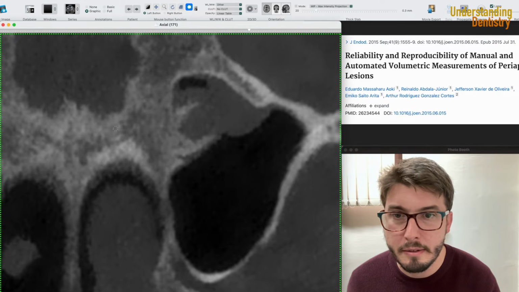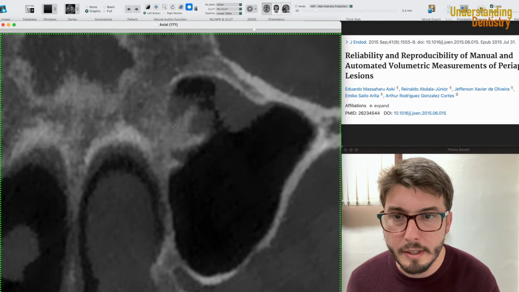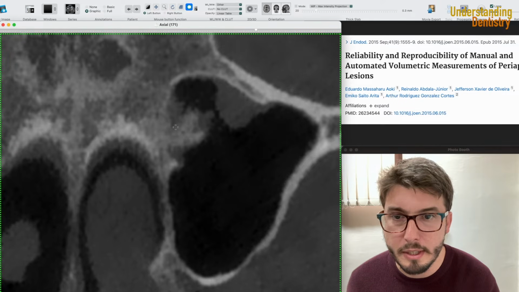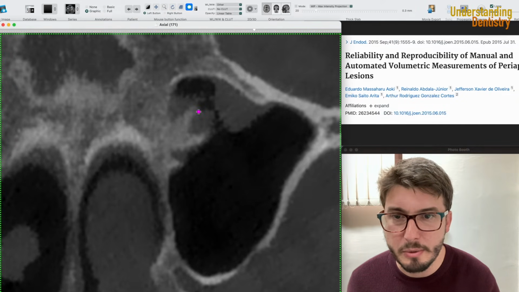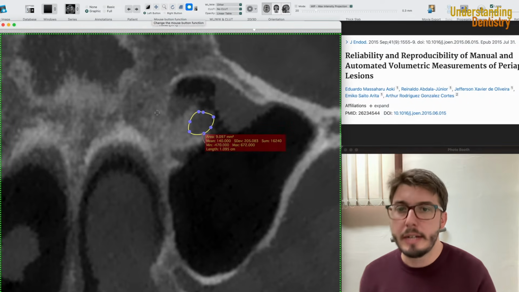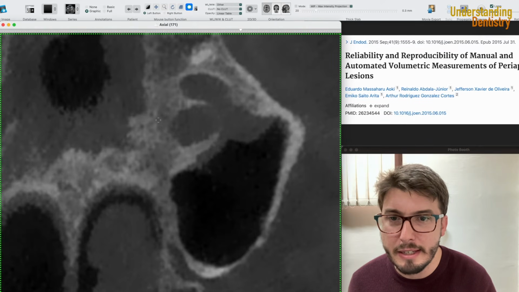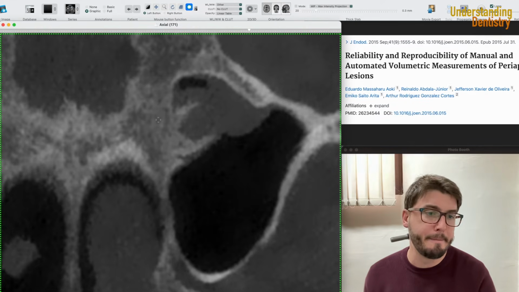And then we are basically finishing the limits of our cyst. Okay, and there you have it. Let's consider this one as the last one, maybe. Okay, because then we are already in this maxillary sinus. All right, so as you can see, there are a lot of slices in between that I didn't add on